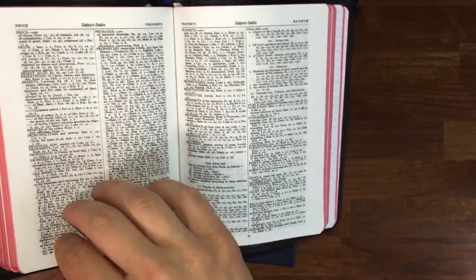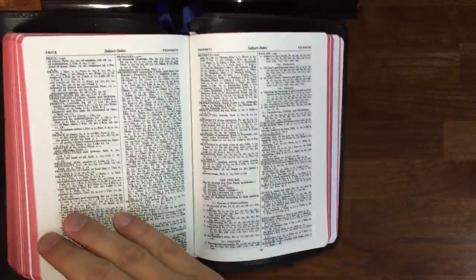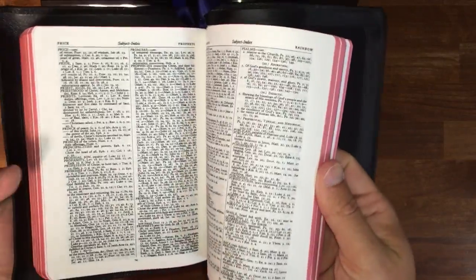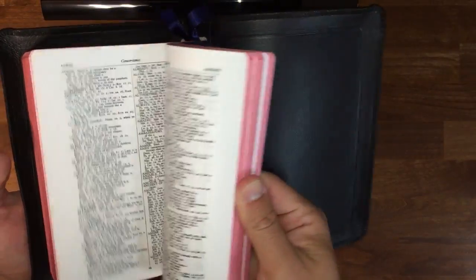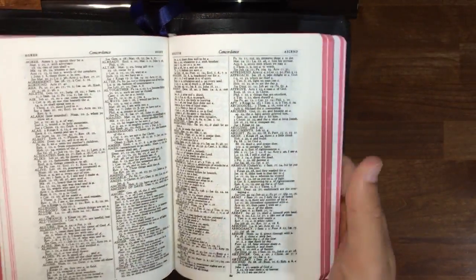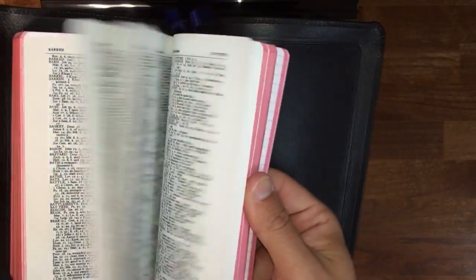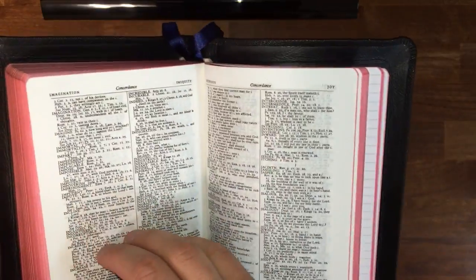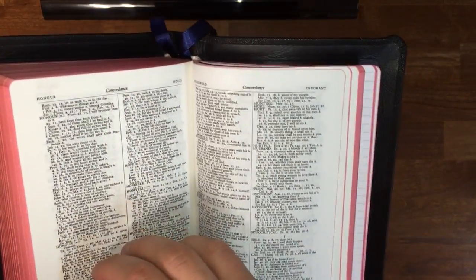We were talking about the Lord Jesus Christ and how it lists a lot of study helps back in the back for all these different subjects. A lot of times we forget to use it and take advantage of it, but it's back there. And then a concordance, good size concordance, again, like what you would find in a